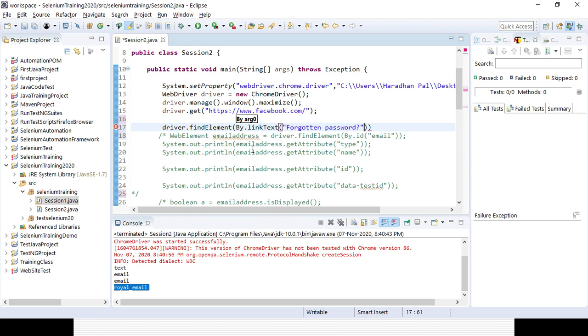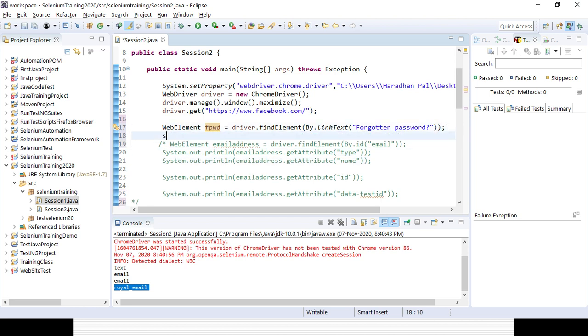Similarly, I will be declaring a variable for the link, and I am storing it in a WebElement. So what is the link name? I am giving, suppose, forgot password, FPWD. That is the variable I am declaring, where I am storing all the properties. How can we inspect the element? Driver dot find element by dot link text.